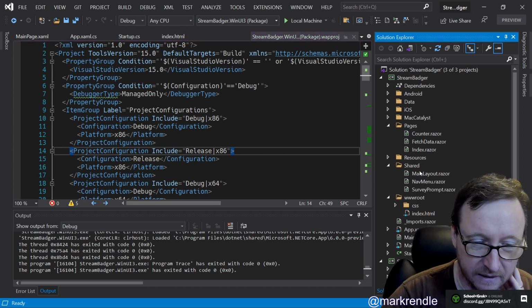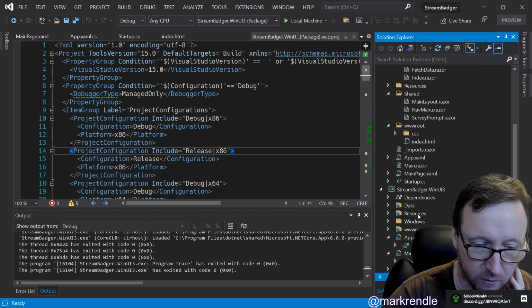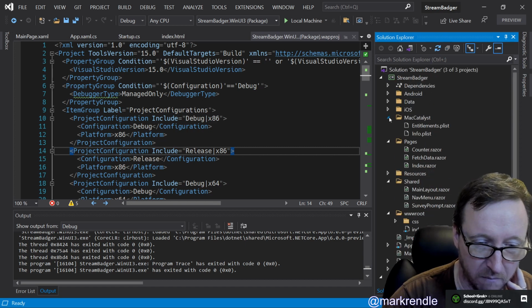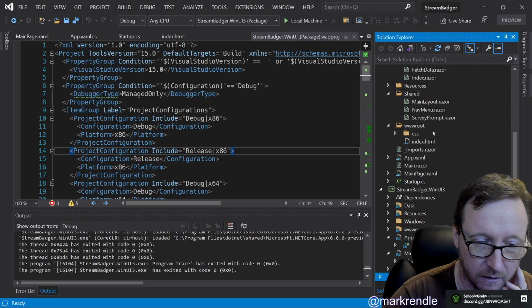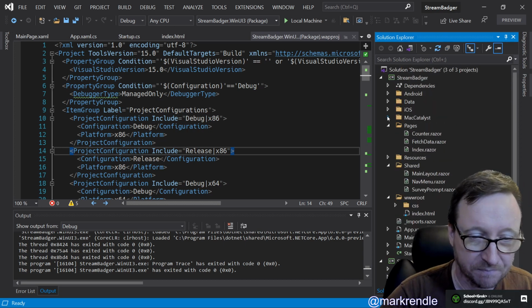So obviously it's picking up the pages from the main Stream Badger project, but all the additional stuff has to be in the WinUI 3 project. And if I wanted to do a Mac build, I'd be able to do it with this Mac Catalyst over here. Okay, so